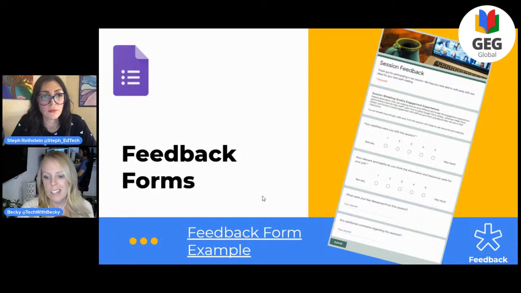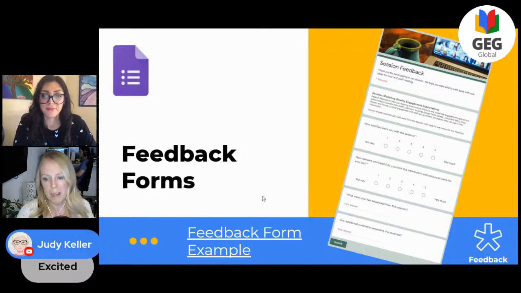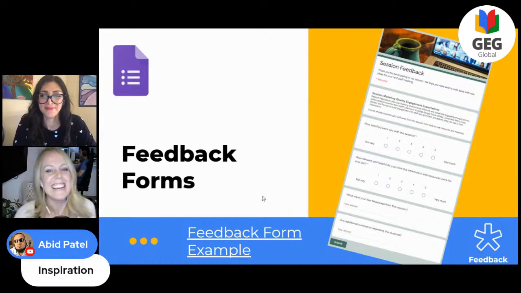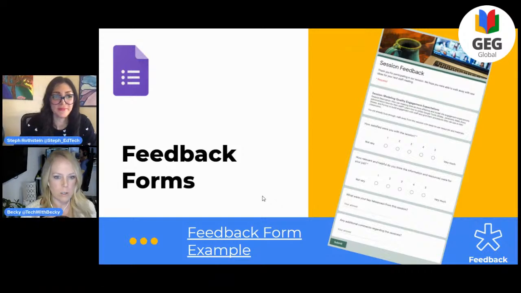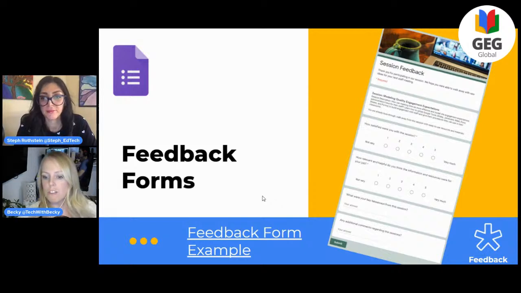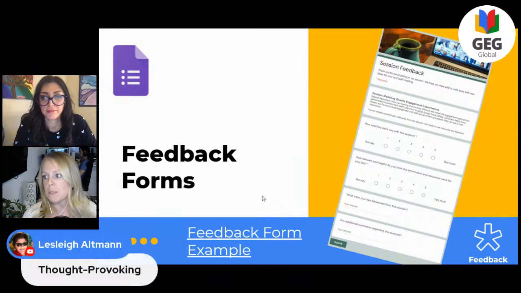The biggest thing I'll say here is I don't recommend ending every single session with staff or with students using a feedback form. It gets repetitive and it's not inspirational, which is another word. Inspirational is in there. So just keeping that in mind, there is a time and place to use them, and also a time and place to not use them. So we did put an example in here. If you've never played with Google Forms, it's great and helpful. I recommend trying it out, just not for every single one.